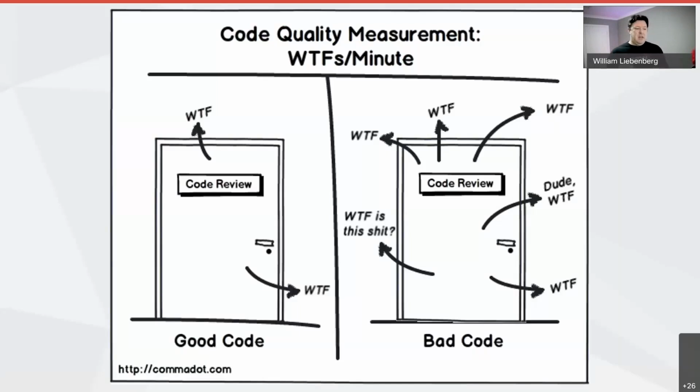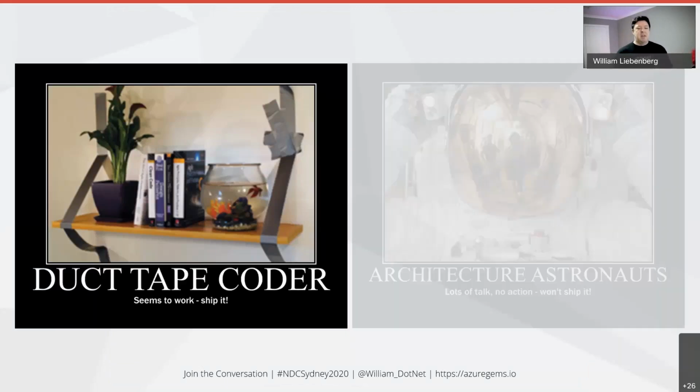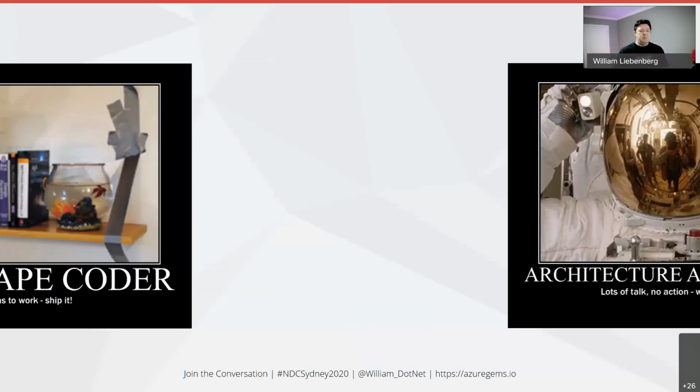Now, on one end, you'll have the devs that come in, they're duct tape coders. They just quickly fix it up and say, yep, it works. Whatever tech debt we created, we'll take care of it later, ship it right now. On the other end, we can have the architectural astronauts, and they can talk about architecture all day long, and never actually write any code, never get anything out the door. And they're very expensive, these guys. So, is it worth it? I think we should find a middle ground